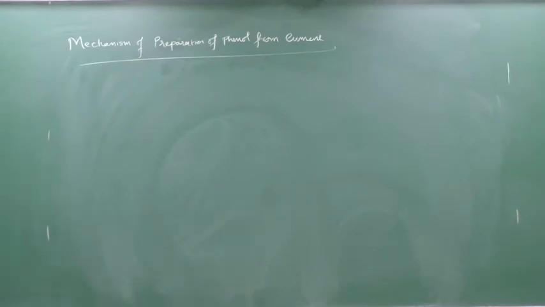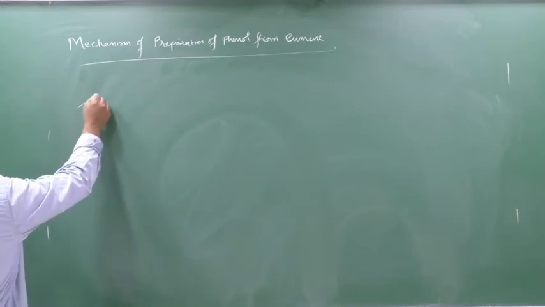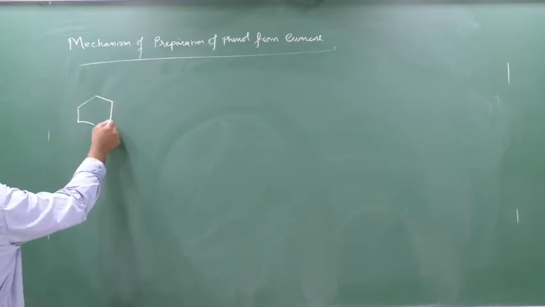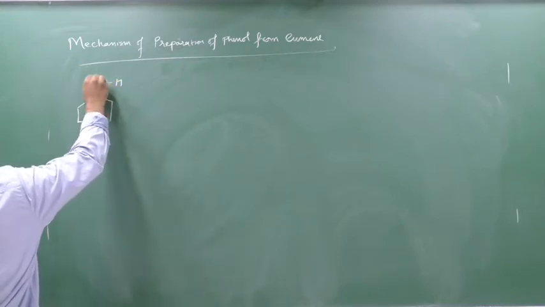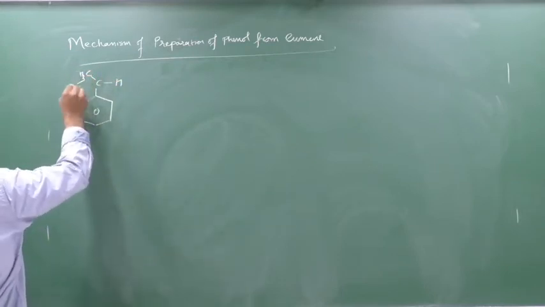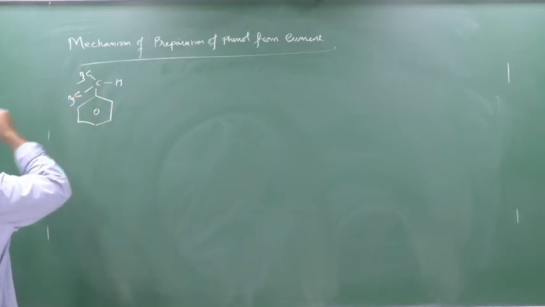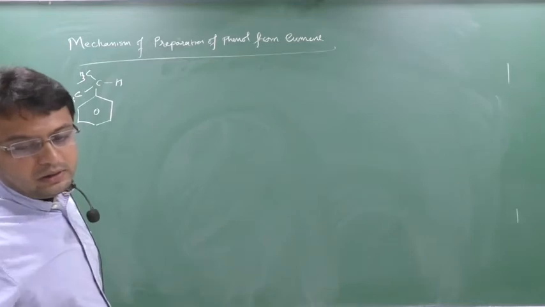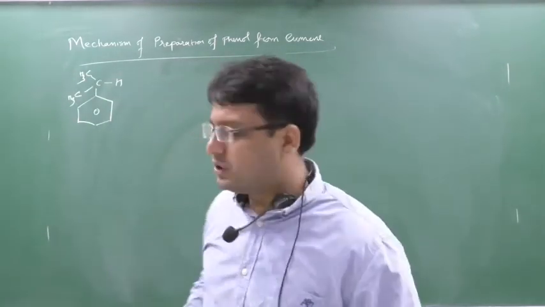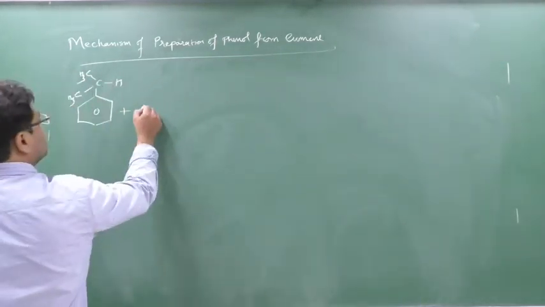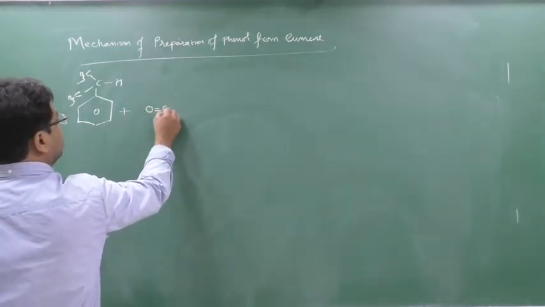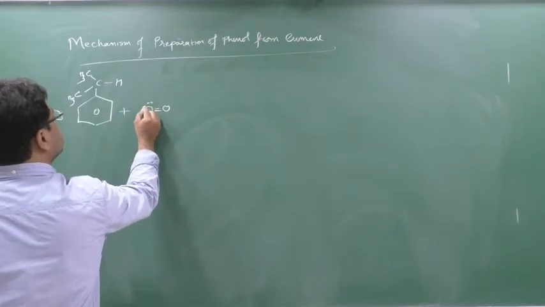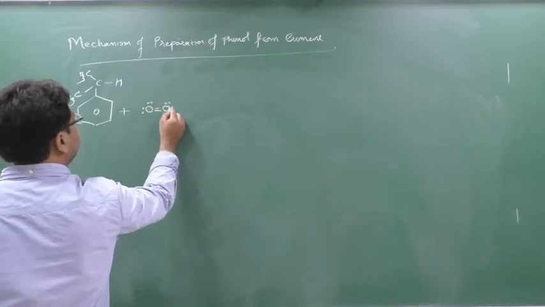Okay. So see, in the first step you are taking the cumene. Understand each and everything. It's very easy but a bit complicated. Clear? Okay. And we are reacting with what? We are reacting with oxygen, O2. Now I can write down O2 in this form, with 1, 2, 3, 4, 5, 6, 7, 8 electrons.